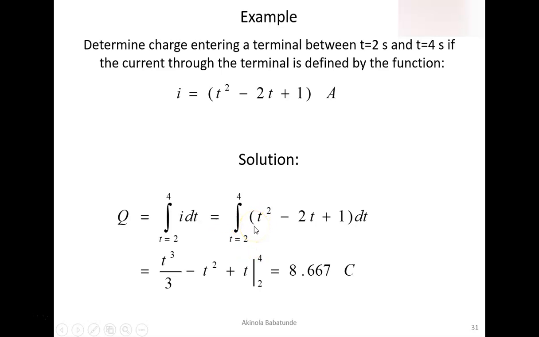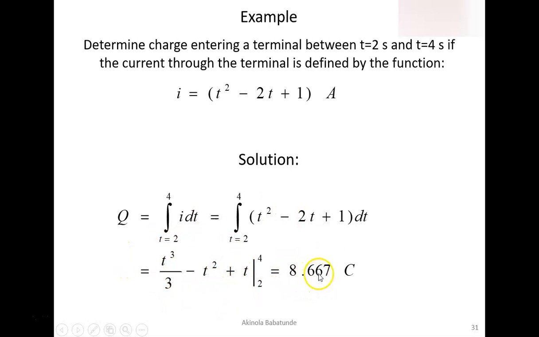When you integrate, you have t cubed over 3 minus t squared plus t. This is again simple integration. You may need to go and brush up your integration skills so you can follow what we're talking about here. So once you do that and you substitute t2 and t1 into this integrated solution,